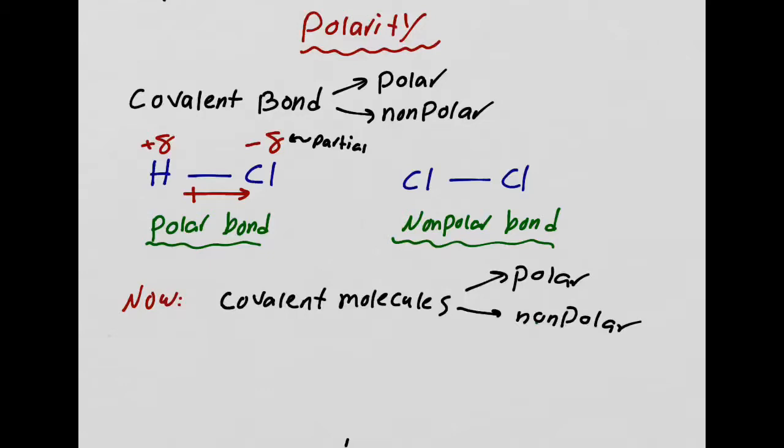Covalent bond could be polar bond and non-polar bond. You know how to do that now. That's over here. Now what we're going to talk about is compounds could also be polar or non-polar. So covalent compounds, covalent molecules could also be polar and non-polar. And that is determined